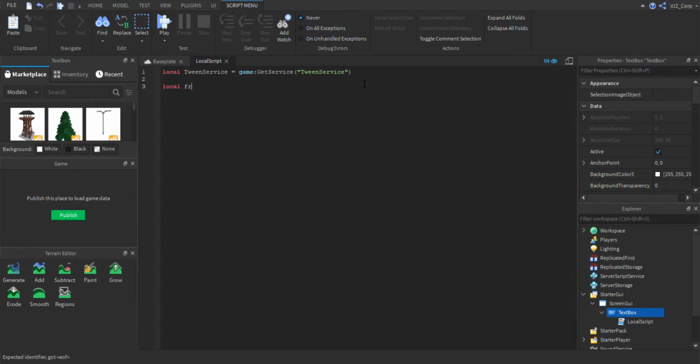So now we're going to set the frame to be the script's parent, aka the actual text box, and we're going to make the anchor point a Vector2 function again. And from the last video, you'll know that 0.5 is the best anchor point. So now we're going to set the position. This is relative to the canvas size of the GUI, so we're just going to do 0, 70, 0,